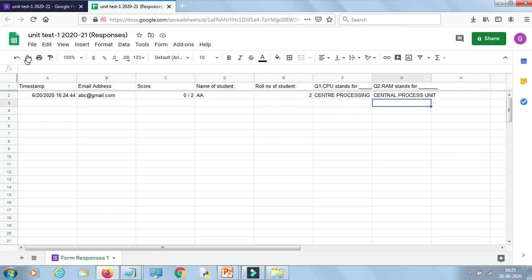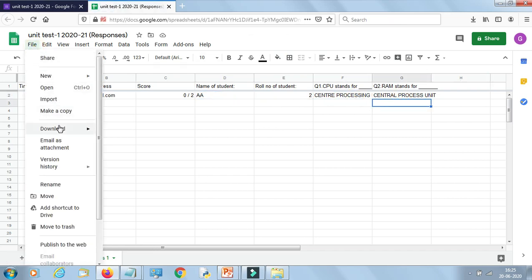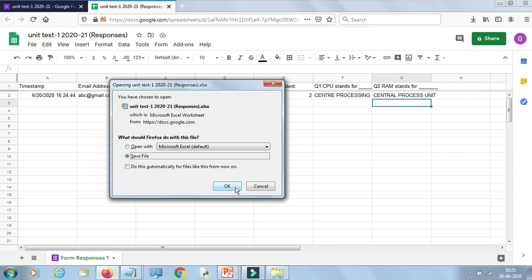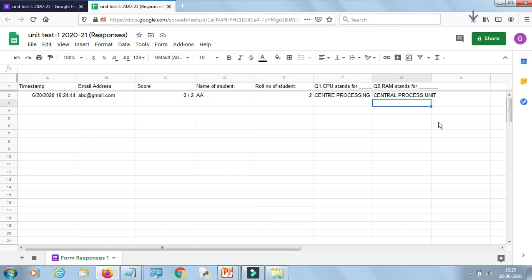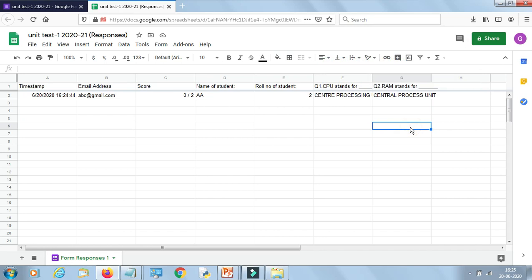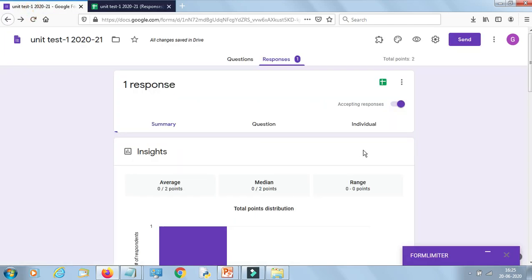Now download this as a separate file, offline download कर लीजिए इसे आप, and store it in your system, and then later on you can process your scores. Clear? This is how you can collect the responses. I hope the things are clear. So you can watch the video and practice creating your Google Form test. Clear? So thank you.